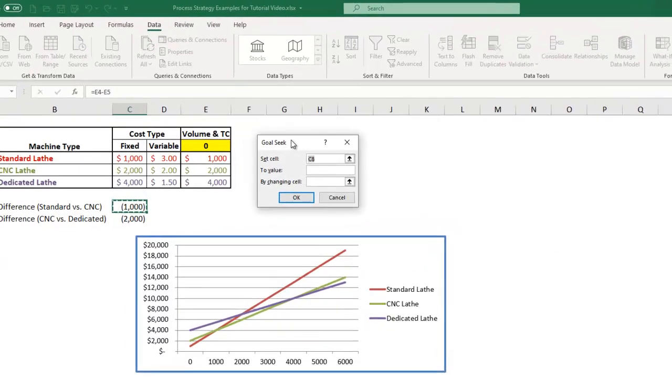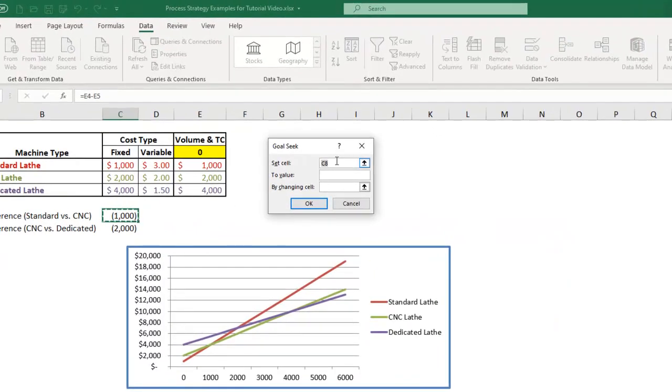And so our goal in this case is to set the difference cell C8 to a value of 0. We don't want any difference between the total cost of these two options by changing the total volume, or the volume we anticipate. And so we click on that cell and click OK,